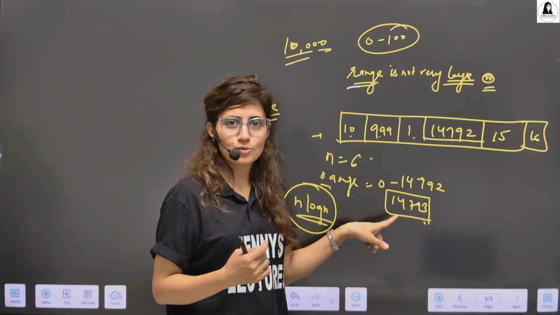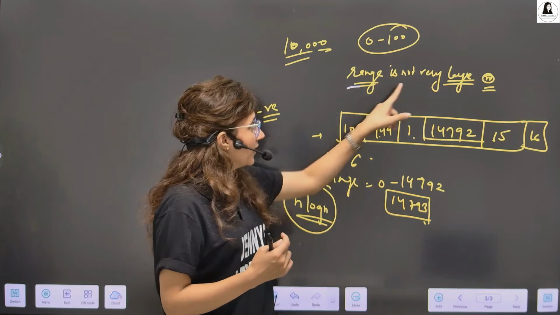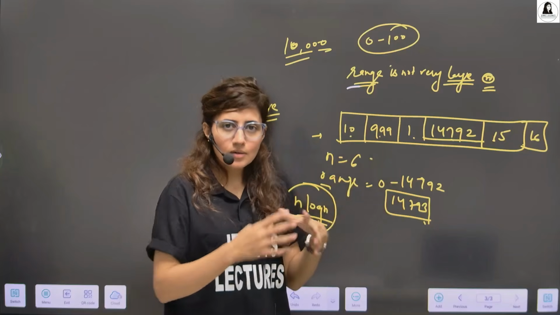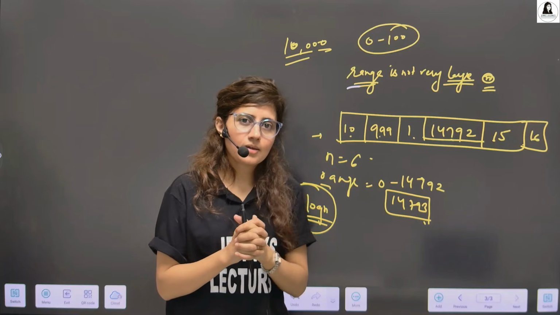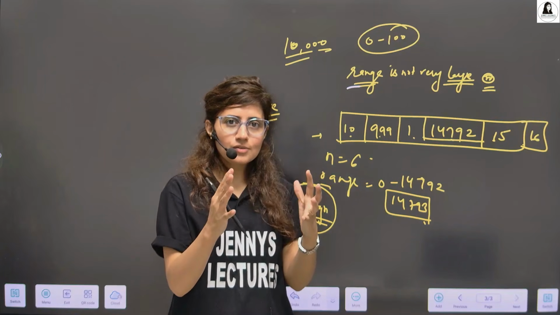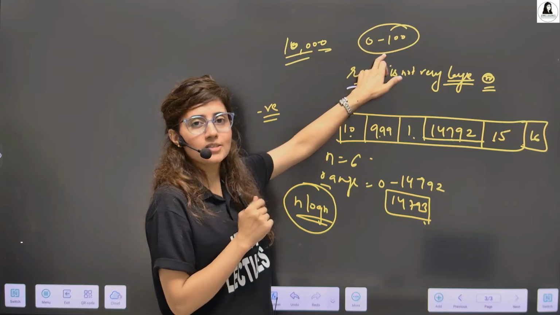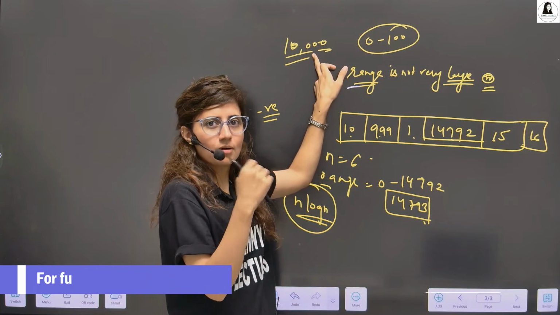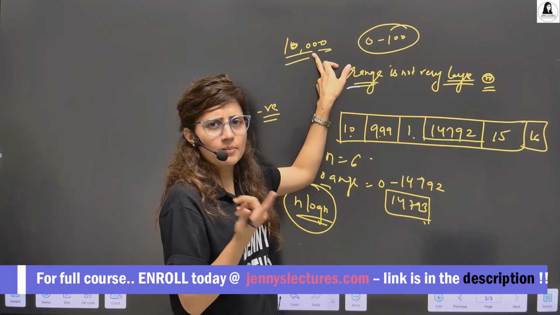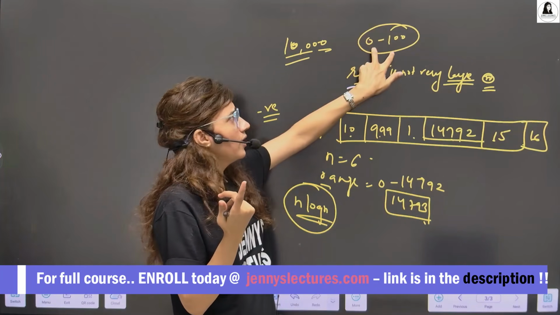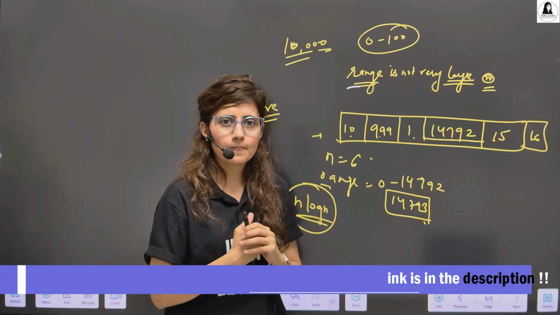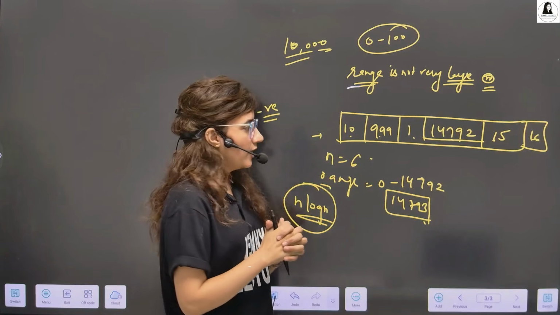It takes extra memory also, plus the k size. What is the range given? What is the n given? Then you can apply. If the range is fixed, as in this case, marks are 0 to 100 and students are 10,000, 1,000, 500 or 5,000, it's good to apply count sort because the range is 0 to 100. So the maximum count array would be of size 101. That's it about count sort.